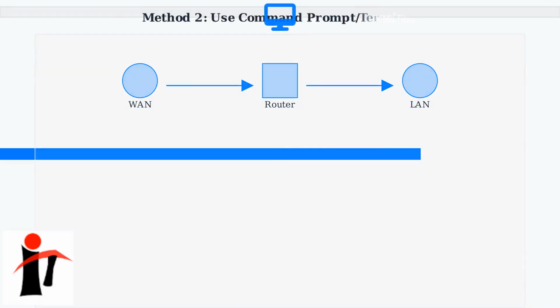Next, use your computer. On Windows, open the command prompt and type ipconfig. Look for default gateway to find your router's LAN IP. To find your public WAN IP, simply search "What is my IP" on Google or use the command curl ifconfig.me